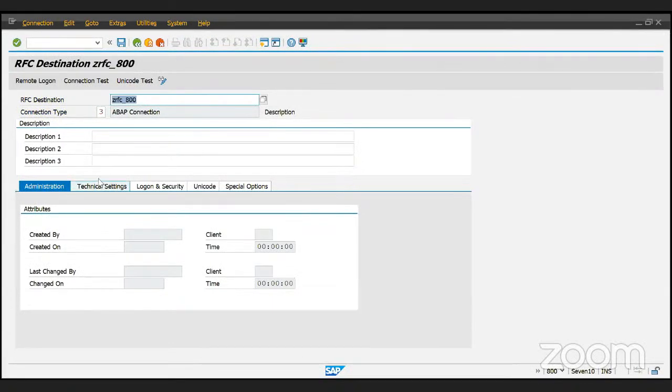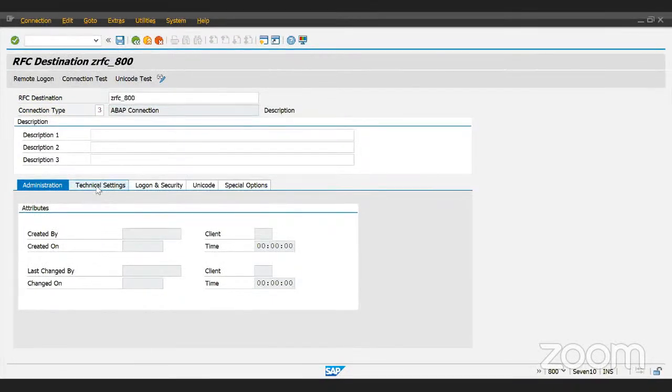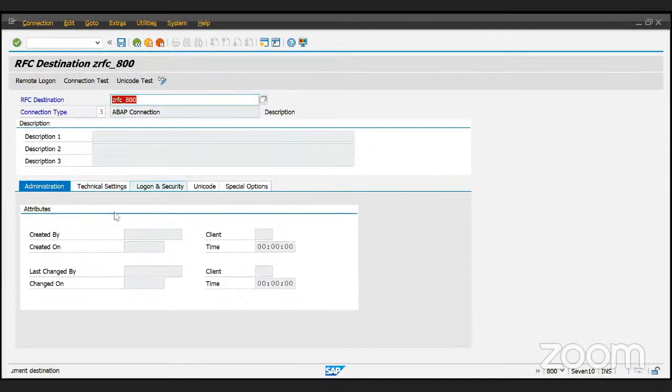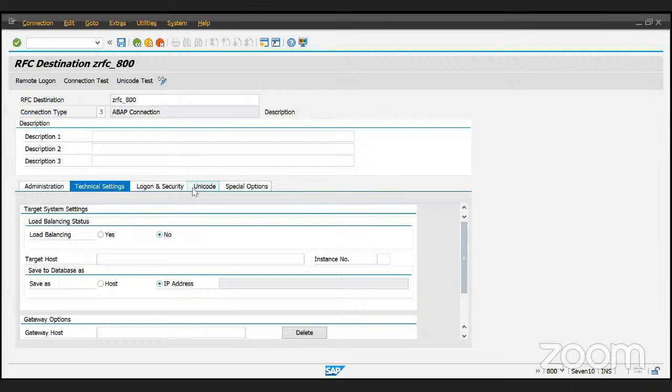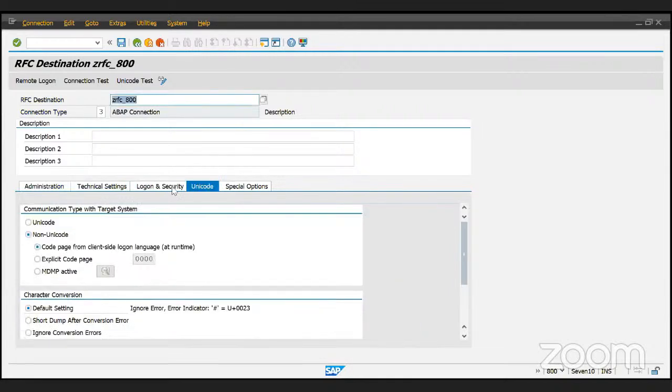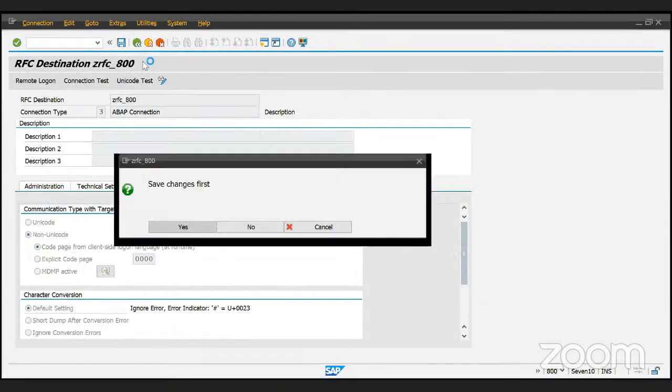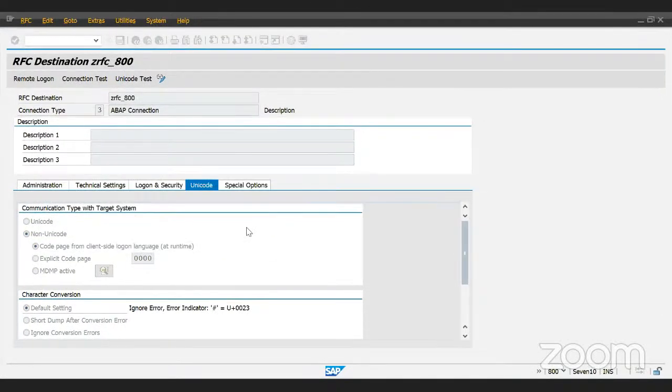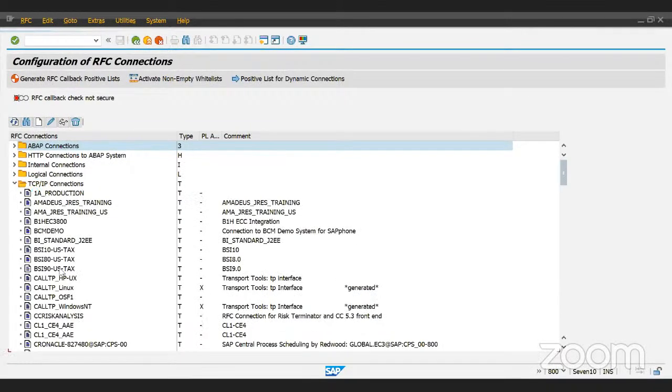Then we have some technical settings or login settings we have to give here. This is the step we follow. If I open one of the RFCs which is currently available, no, I don't want to do the setting here. So we can use some TCP IP, or